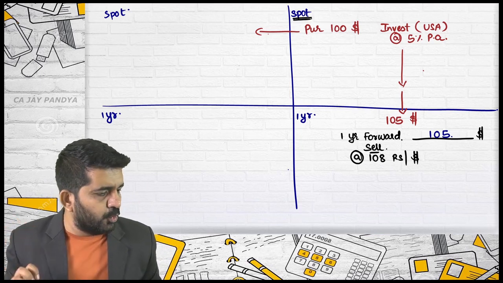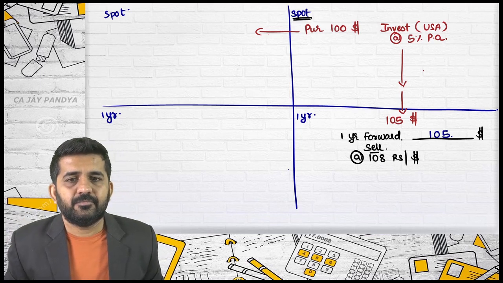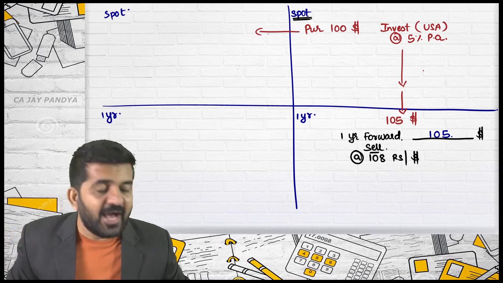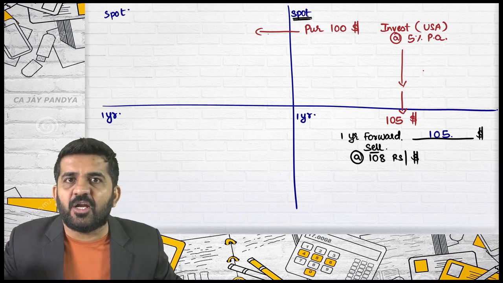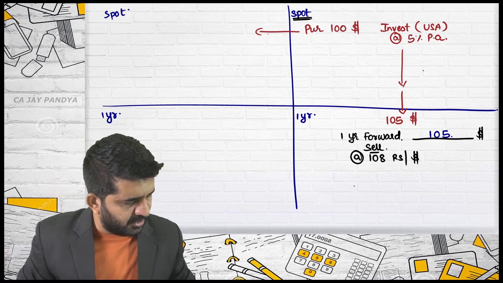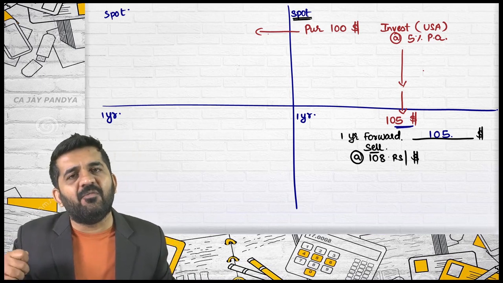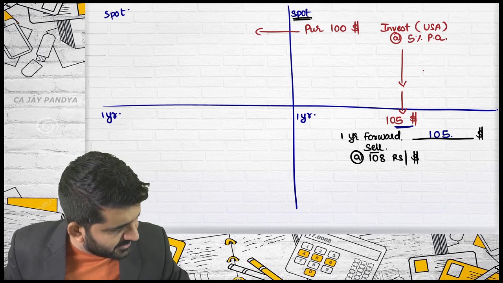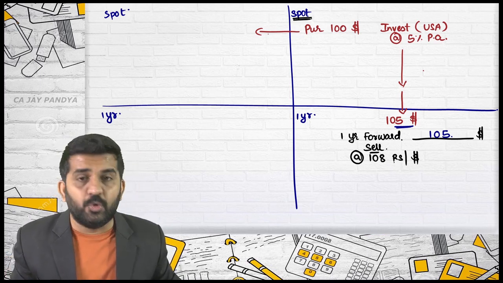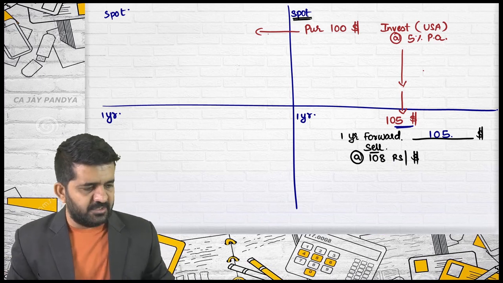Mac, have you decided today or will you be deciding after 1 year? Today. Everything is decided today. Try to understand. I am selling $105 after 1 year, but the contract is made today. That is nothing but a forward contract. So I will be selling at 108, and everything is decided today, and this settlement is done through delivery and not by differences.